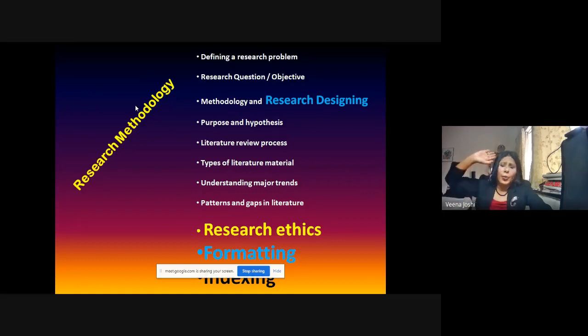Right now, I don't want to tell you about all different types of research designing. Practically, that doesn't help. So practically, you sit down, and if you cross this step and go for PhD or research, then there is a big loophole. This is what is happening. Designing is not done properly. What is the data that you need to put? What is the data analysis? And if it is data analysis, then I need the skill to do it.